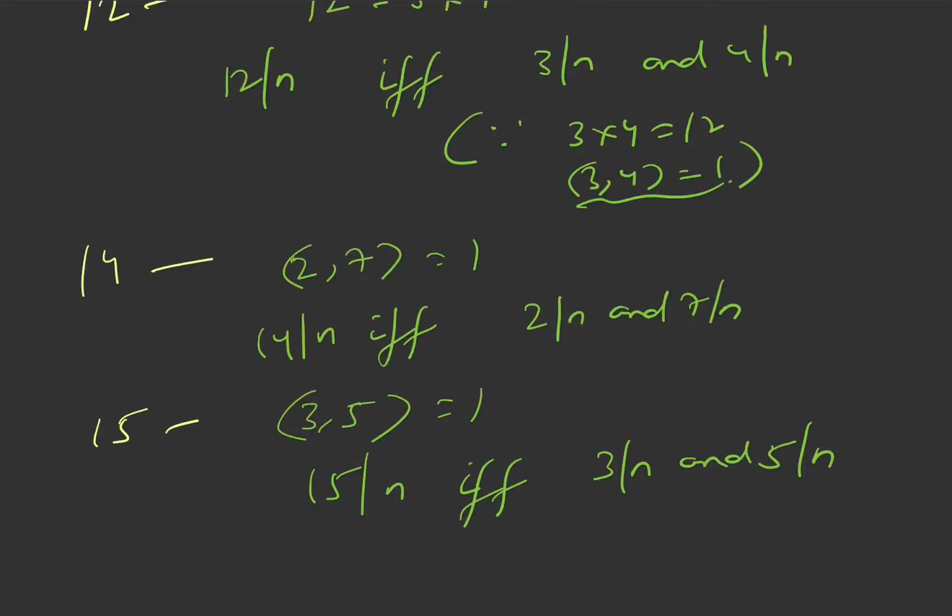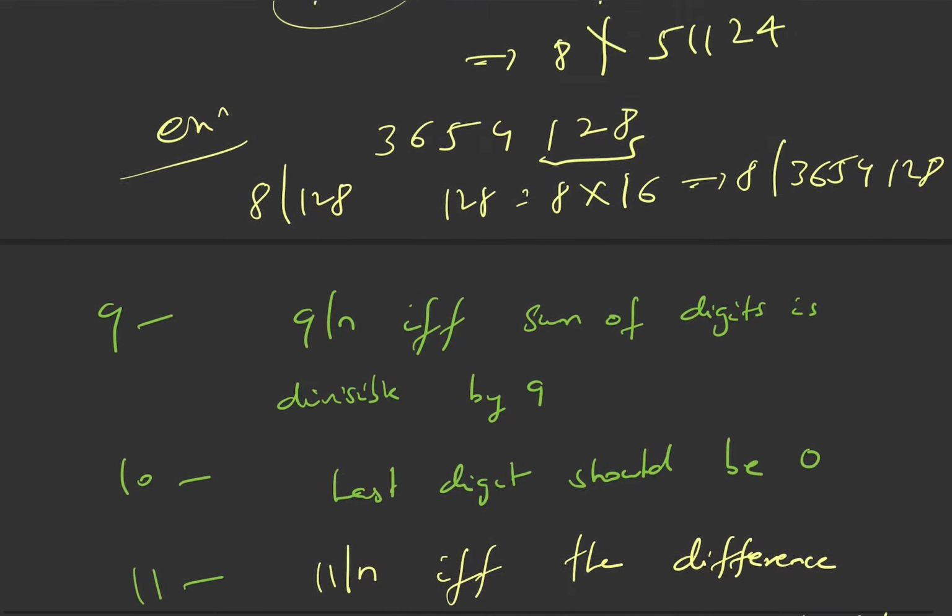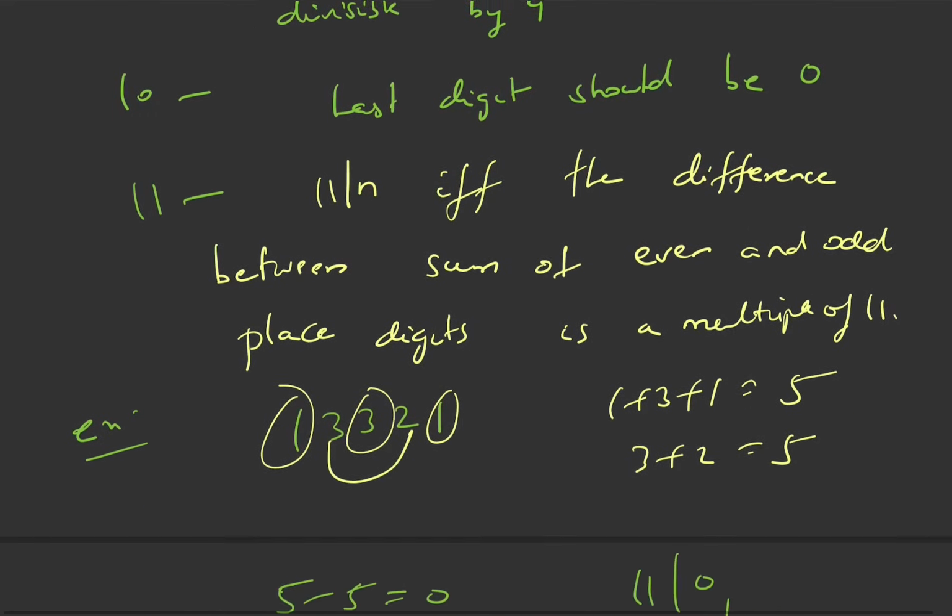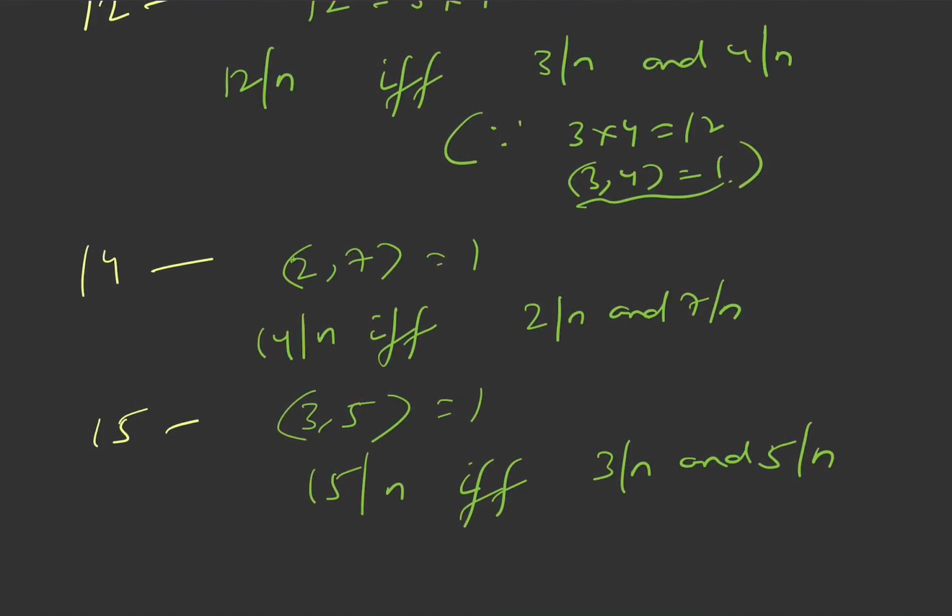For prime numbers, let us say I didn't talk about 13, 17, 19. So for prime numbers you need to check only whether it is divisible by that prime or not. We had the test of divisibility of 2, 3, 5 and 7. We can also derive a test of divisibility of 13, and we'll learn how to derive it, but it is not possible to remember the tests of divisibility of all the primes. So we just check whether the number is divisible by a certain prime or not.